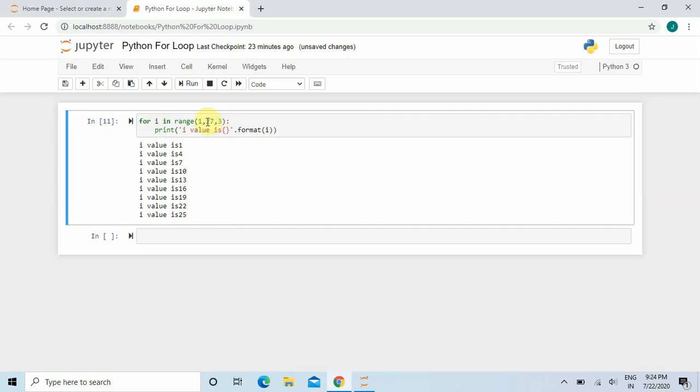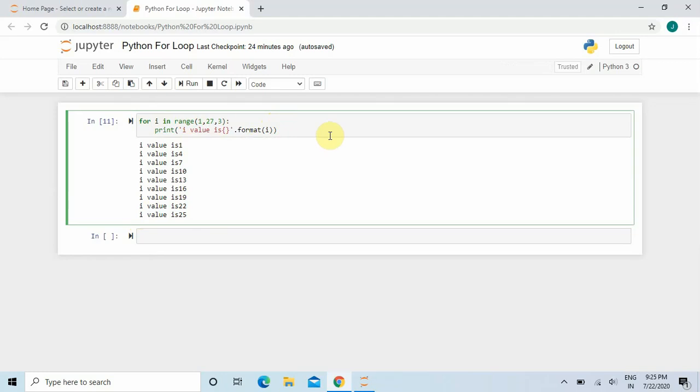Since it is becoming 28 but my actual range is up to 26 because of n minus 1, after adding 3 to 25 it is becoming 28 and it is not abiding by the range, so it will print up to I value is equal to 25. So this is another range functionality in the for loop.